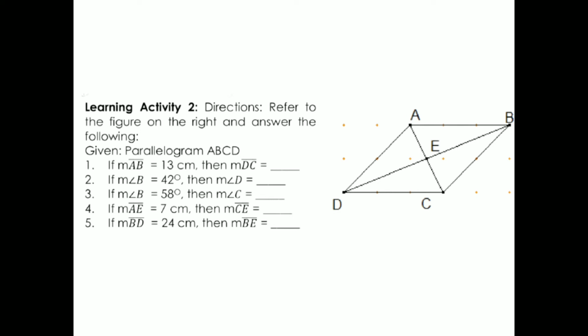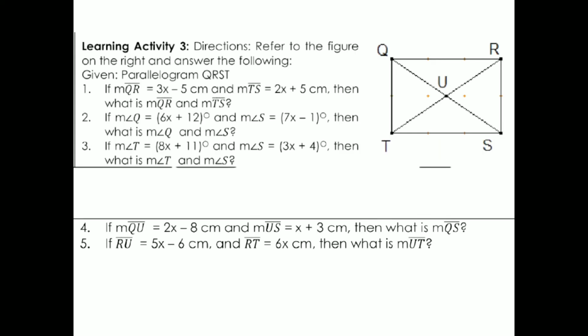which is also 7 centimeter. And then number 5 naman natin, BD is 24 centimeter, that is the length of the diagonal. Then yung BE, which is half, is equal to 12 centimeter. Then yung last part natin, yung